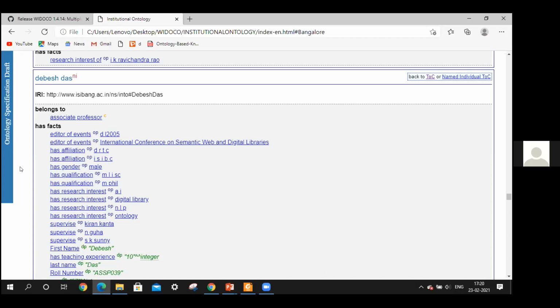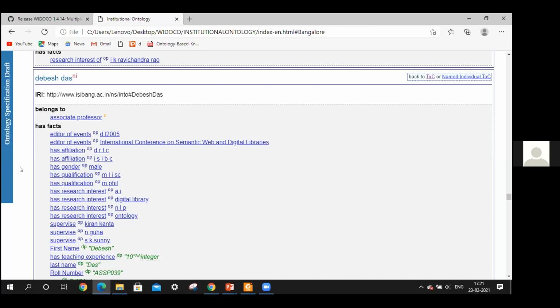However, usually in this kind of documentation, we generally don't include the named individuals. We generally put only the classes, object properties, and the data properties, because we create this ontology basically for reuse purposes, right? And this documentation we are creating for the ontology. If they understand the ontology, then they know what data to use and how the data is to be entered into it, right? So generally we don't include named individuals in this documentation, but again it's really the wish of the users.